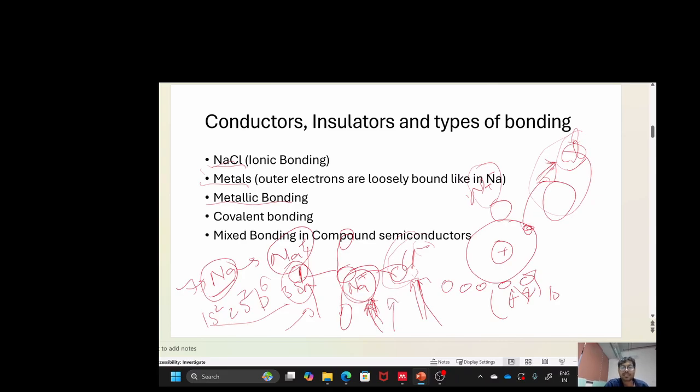These electrons donated by sodium are loosely bound. Okay, and now let's move to covalent bonding. In covalent bonding, if you see,